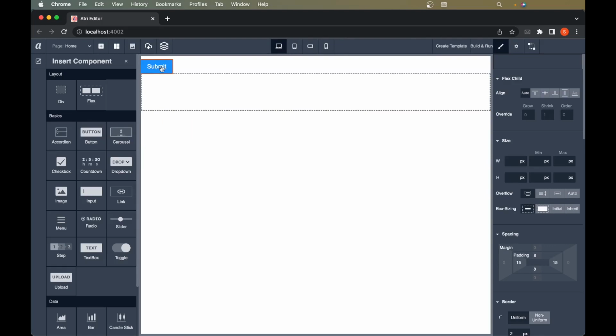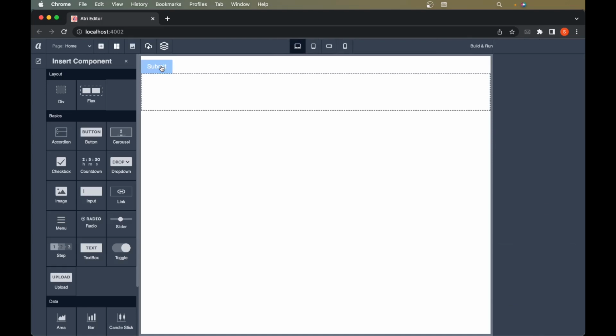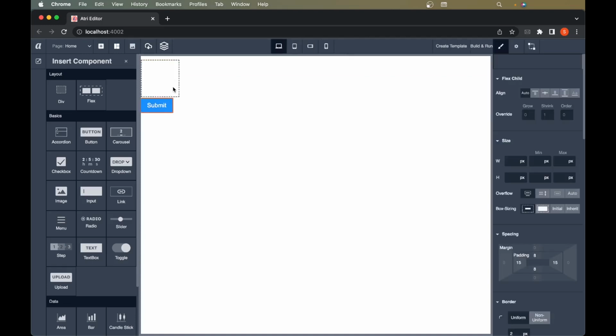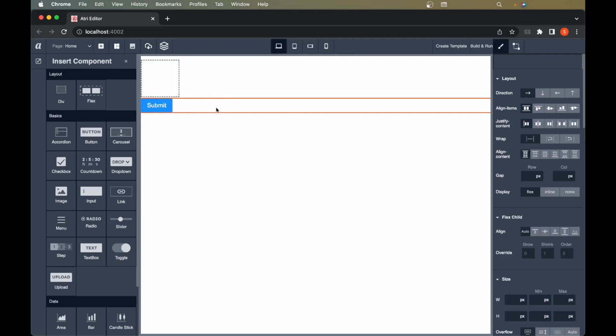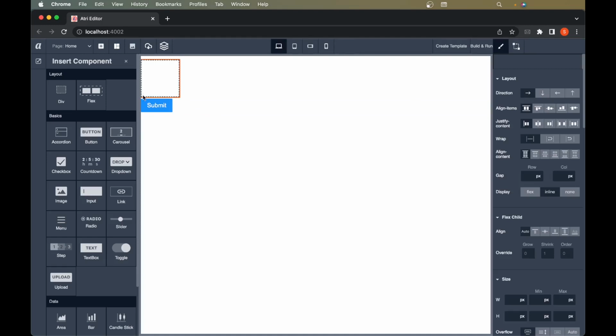reposition this button from the earlier flex box into this new flex box. So I'll just click on this button. The moment I click this button and I start dragging, the button becomes a bit transparent, with opacity less than 1. And then I'll hover over the new parent where we want to reposition this button, and I'll leave my mouse. So now this new flex box has this button, but the old flex box is empty, and that's why we see the dashed line again. But what if I wanted